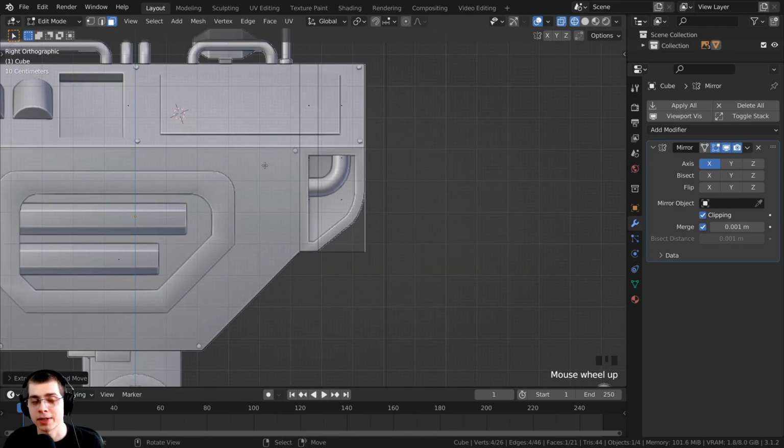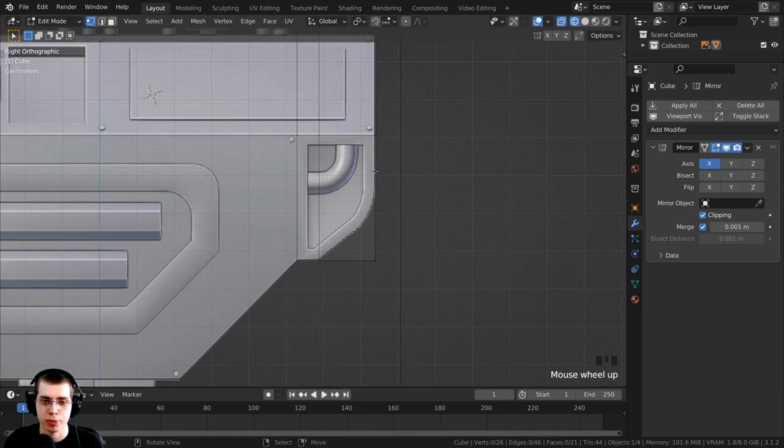So I now want to go back to the vertex select so I can select vertices. So you can press the 1 on the top of your keyboard or just click right here to go to the vertex select. I'm going to press the A key to deselect everything, and I want to bring these vertices